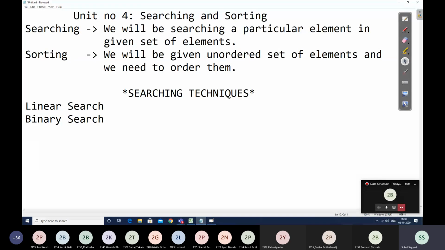Now out of these, linear search we have already discussed as one of the applications of linked list, but we are going to rediscuss that problem over here because we are going to solve these techniques using arrays as far as this chapter is concerned. But the logic for linear search was already discussed as one of the application problems of linked list. So there are three types of searching techniques which we are going to study in our syllabus: linear search, binary search, and hashing.